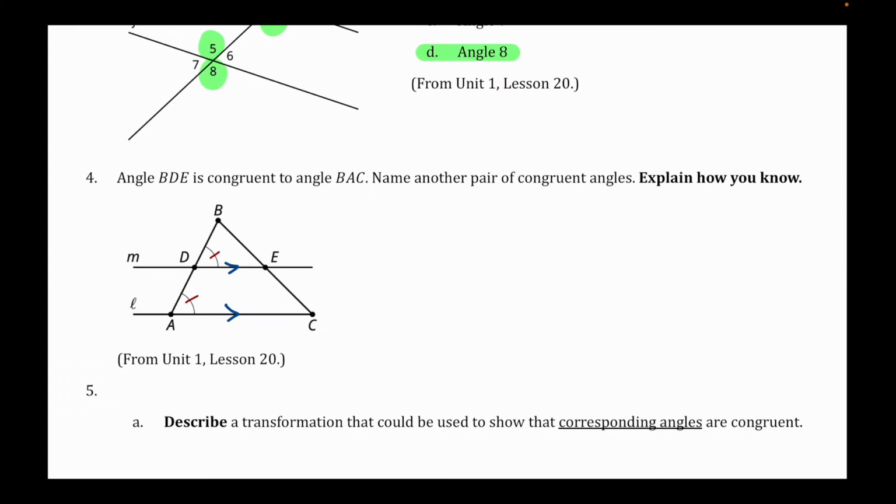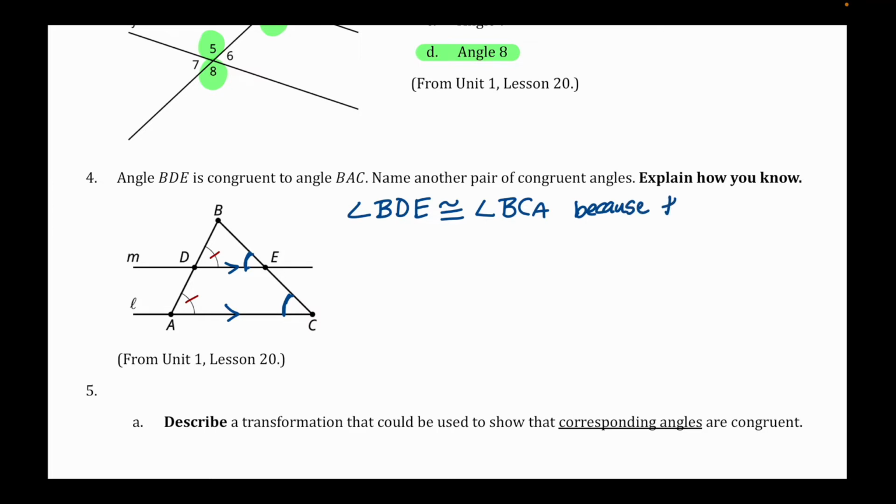And because these are parallel, we have a couple different options for what we can say are equal, but I'm going to say the other two parts of my triangle here. So I'm going to say BED and BCA. So I'm going to say angle BDE. And then this is the notation form of it. It's the little curly line above an equal sign. That is a symbol that means congruent. BDE is congruent to BCA